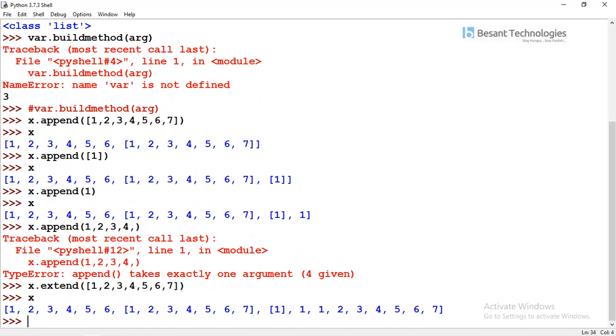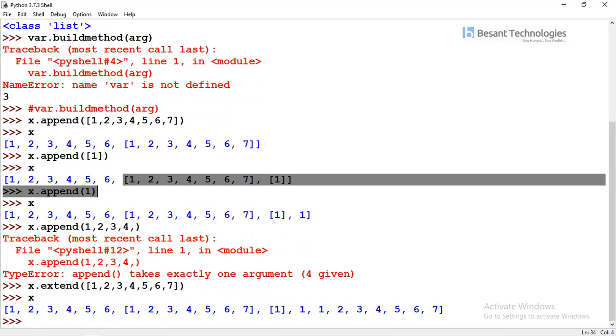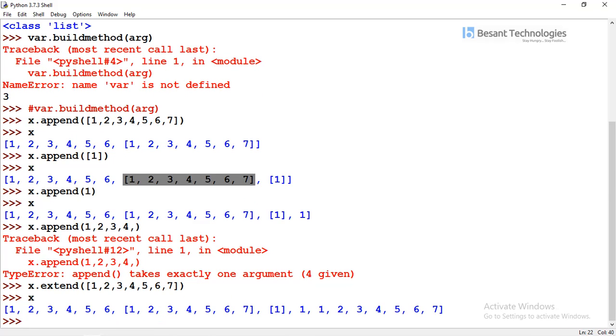Simply put, append puts all the elements in one index. With extend, even if you give multiple arguments, each one is considered a different index. That's the difference between append and extend. When you want to make only one index, go ahead with append. When you want to add multiple indexes, go ahead with extend.